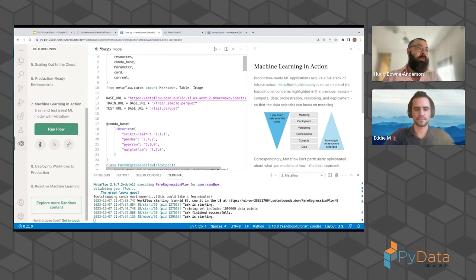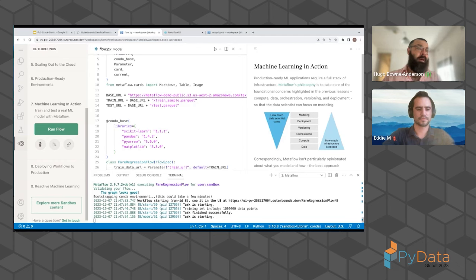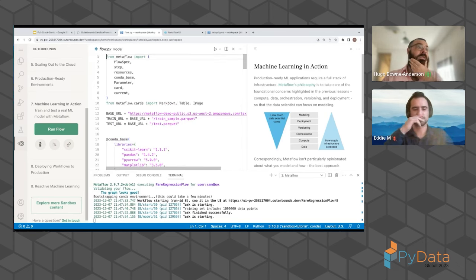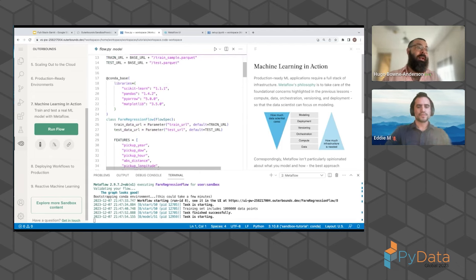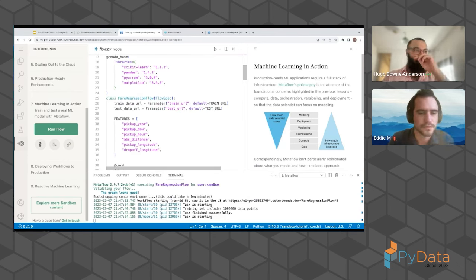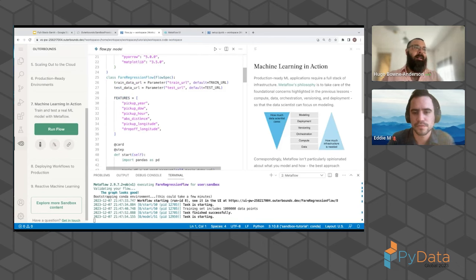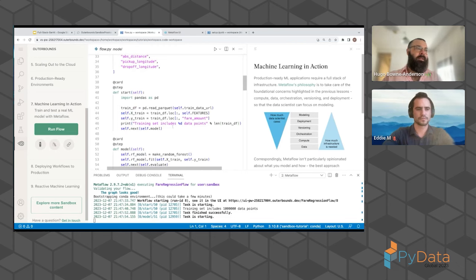So let's now have a look at what we're doing here. This is great. Now we're actually building a model on over 1 million data points. What we're trying to do is predict, in a fare regression flow, the taxi fare based on a number of features. The features we're taking are year, day of week, hour, absolute distance, longitude of pickup, and longitude of drop-off. In the start step, we're reading in our parquet file